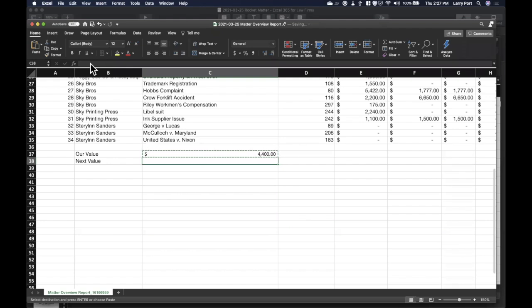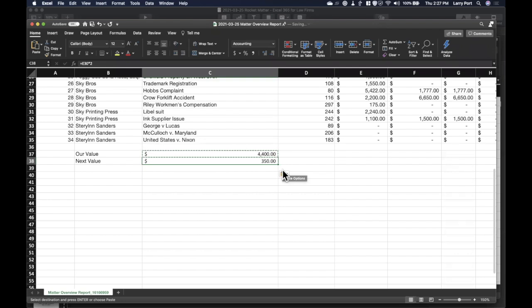But what happens in this context? What happens in Excel when I go to the next row and I hit paste? Well, it says $350, right? So why is that? Why does it say $350? Because in Excel, if you have a reference to a cell and you move to a different row or column, Excel will adjust because it thinks you want to adjust, right?